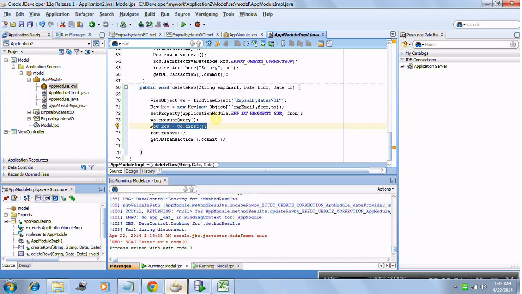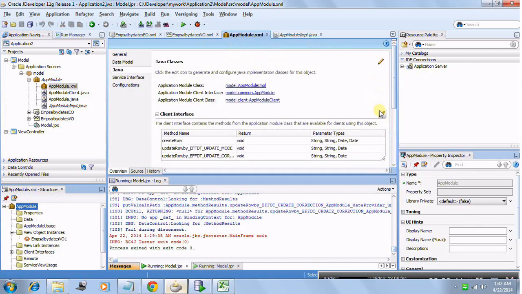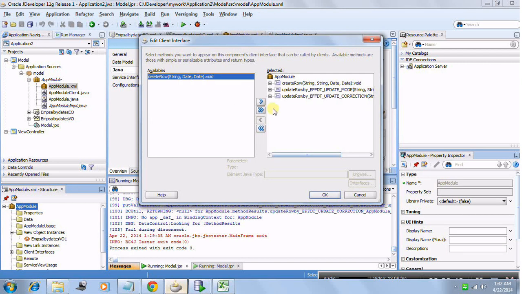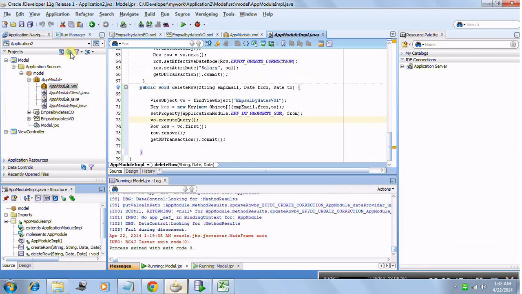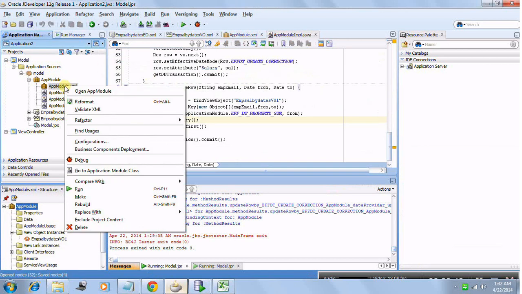I'll simply get the first record. I know that in this scenario only one record will come up, so I'm blindly saying first. You could have used another API in order to make sure that you are getting only the first. For the sake of simplicity, I'm just getting this first record over here, and then I'll remove it and then I'll commit it. So let's just test it. For this I'll expose this also. It has been exposed. Save,